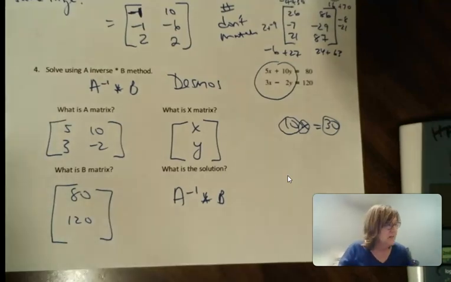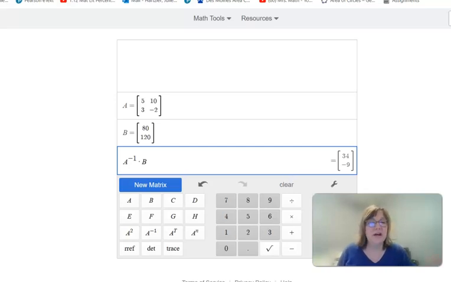Okay, sorry there, I had to glitch it to get to Desmos. Okay, so what I did is I edited A, edited B, and did A inverse. So I hit A, the inverse key, times and then B, and then in this method it spits out the answer. All right, so let me show you. So on your paper, just write, x is 34, y is